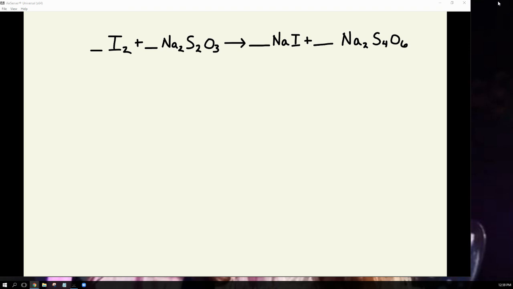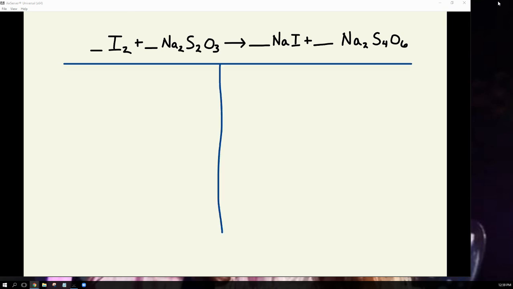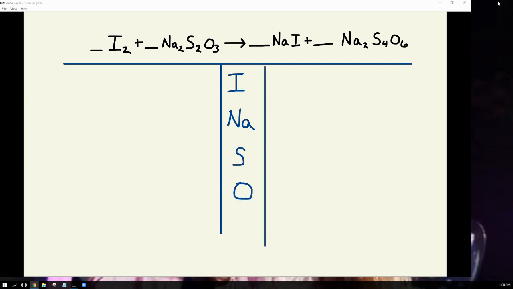This one looks like it's really complicated. It looks like it's really long, but you will see that it's not so bad. Right? So following along, write in your elements. Pause the video and try this. You're going to put in iodine, sodium, sulfur, and oxygen. And the order down here doesn't matter as long as you have each element once and